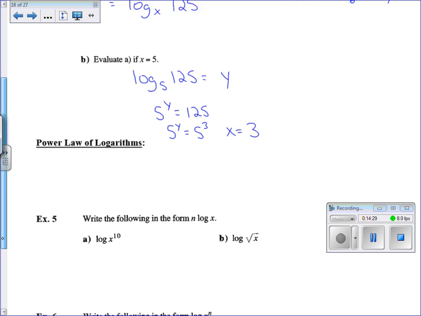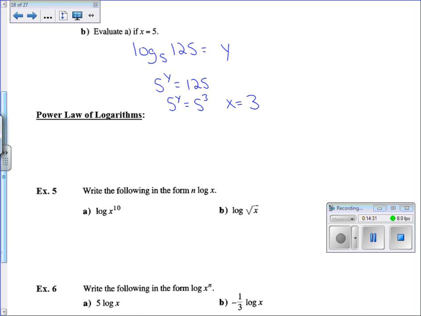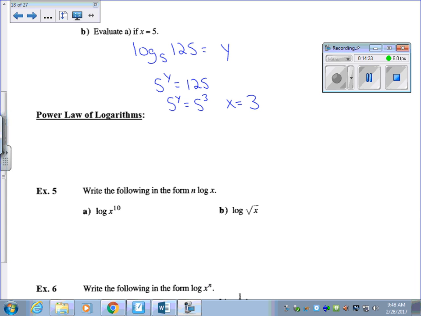Okay, and the last law of logarithms is the power law. So the power law, just on your formula sheet here, I just need to go back. I'll just grab a formula sheet here. Just bear with me. Just want to make sure I got the right format. So this says that log base b of m to the power